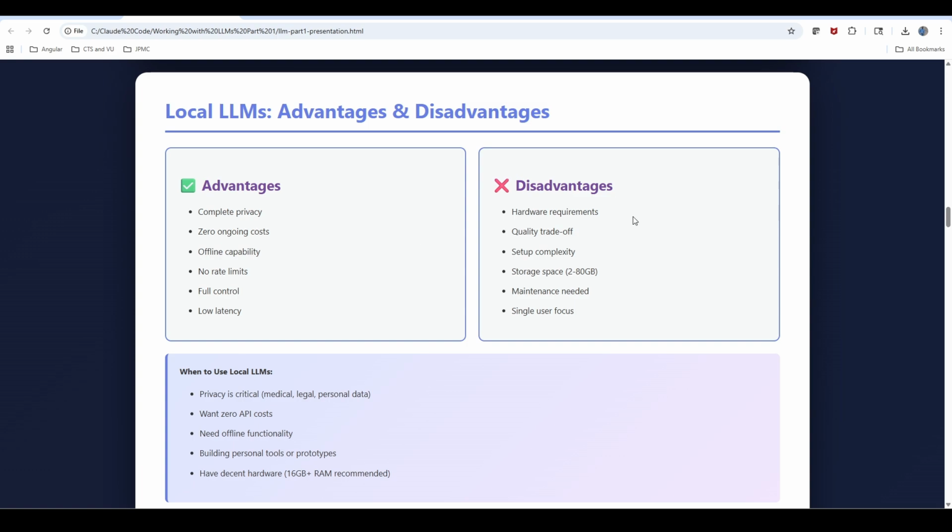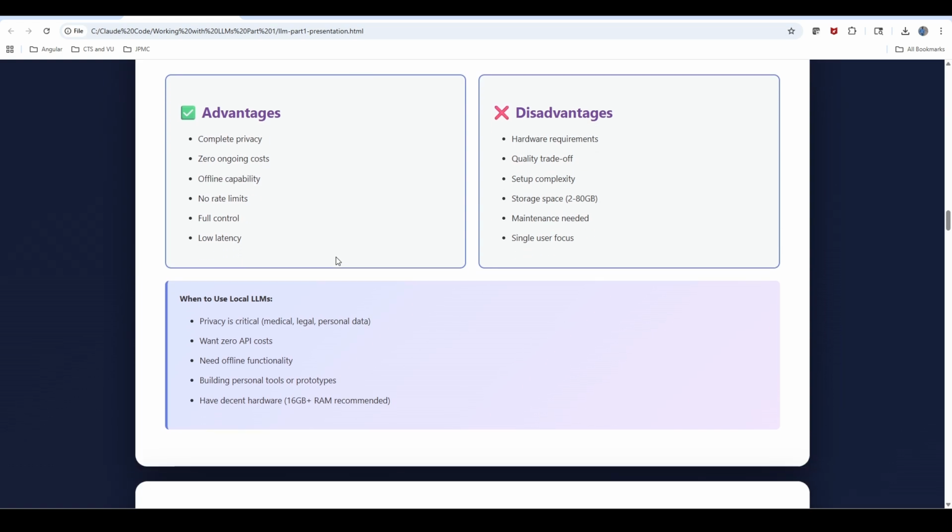Now the cons are more hardware requirements, because as we already know, these models are kind of TBs of data, so it's very hard to gather the huge hardware requirements. And then maintenance: we are managing infra, which means we need to own the maintenance cost. And sometimes if there are any security vulnerabilities, we need to fix them quickly. So those are the cons of using local LLMs.